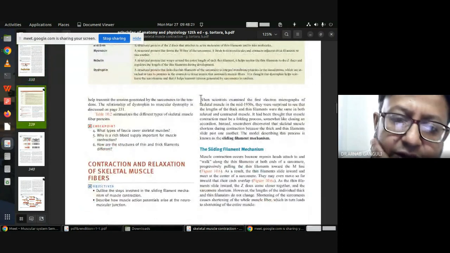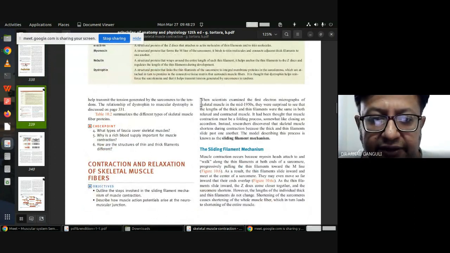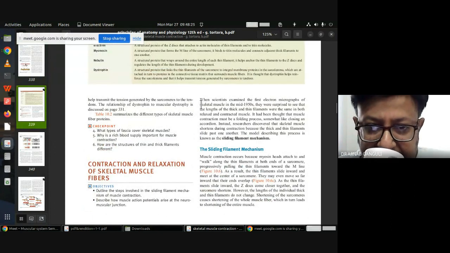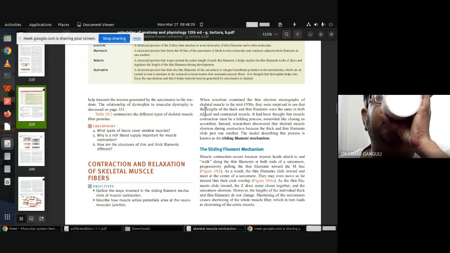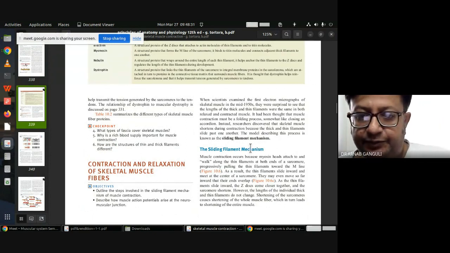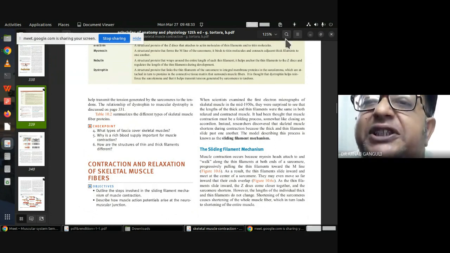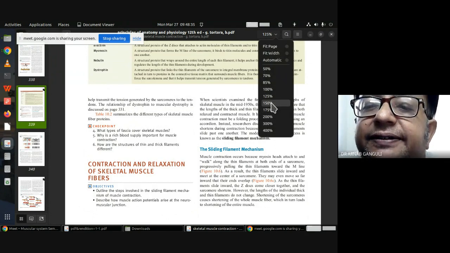Now we are talking about the contraction and relaxation of skeletal muscle fibers. The theory which is prevalent mostly